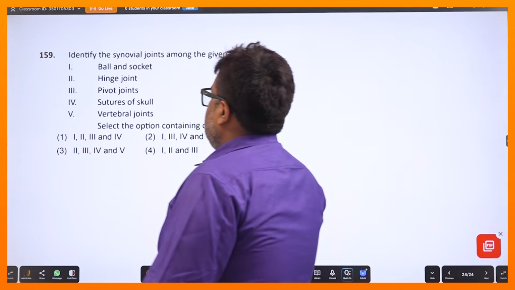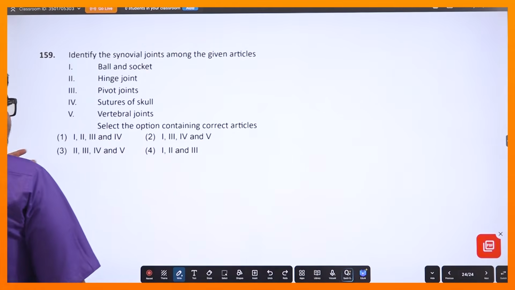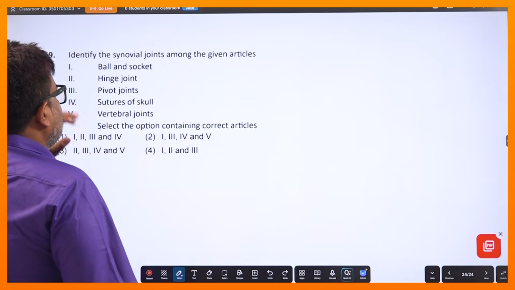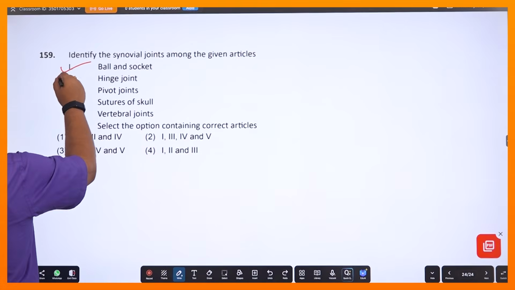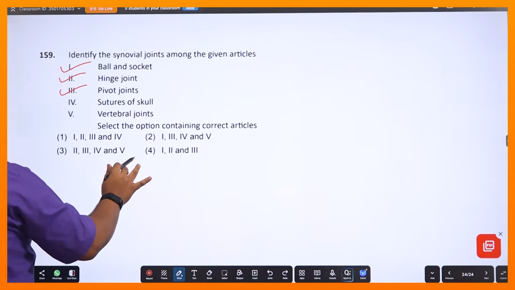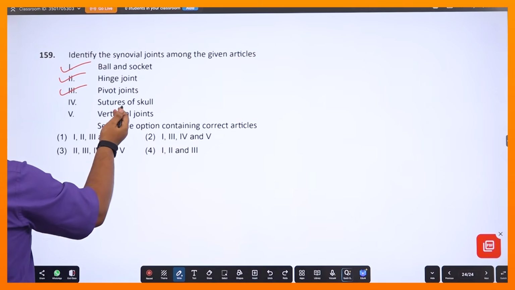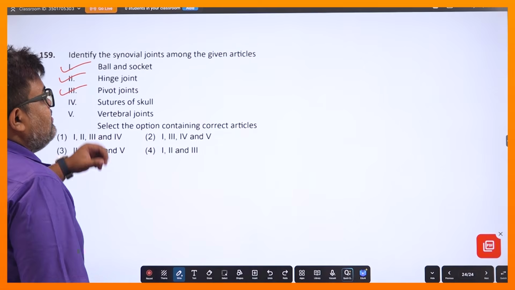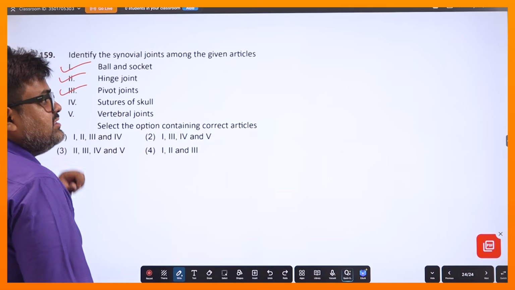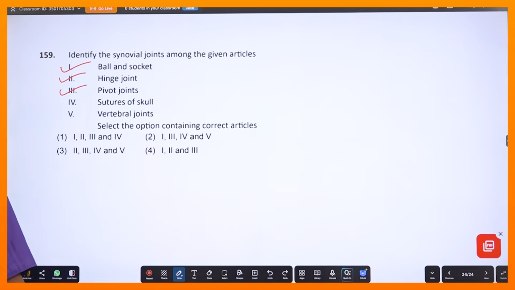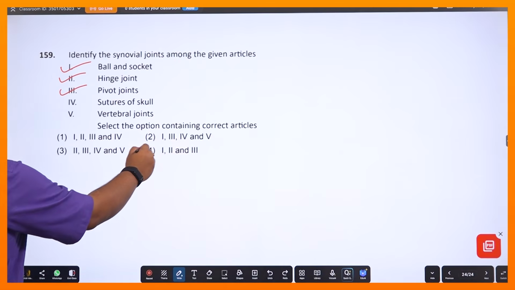সিনোভিয়াল জয়েন্টস বলেছে, এটা তো আরো সোজা, এটা আমি এলিমিনেশন করেও পৌঁছাতে পারি, এটা আমি সিলেকশন করেও পৌঁছাতে পারি। বল এন্ড সকেট হবে, হিঞ্জ হবে, পাইভট হবে, এনসিইআরটিতে লেখা আছে, কারণ সুচারস অফ স্কাল ওটা একটা ইমুভেবল জয়েন্ট, আর ভার্টিব্রাল হচ্ছে পার্শিয়ালি মুভেবল বা কার্টিলেজিনিয়াস জয়েন্টস। 4 আর 5 টা হবে না, মানে 1 2 3 হবে, 1 2 3 অপশন 4 এ আছে, শেষ।